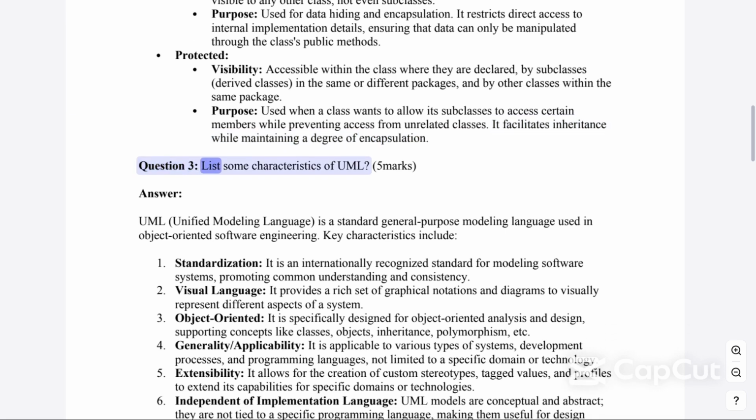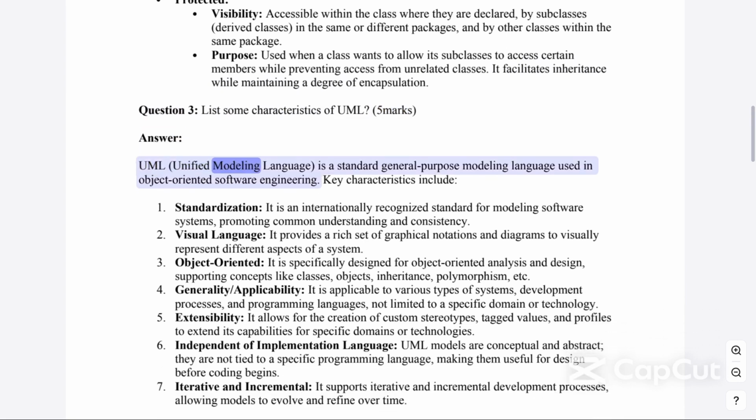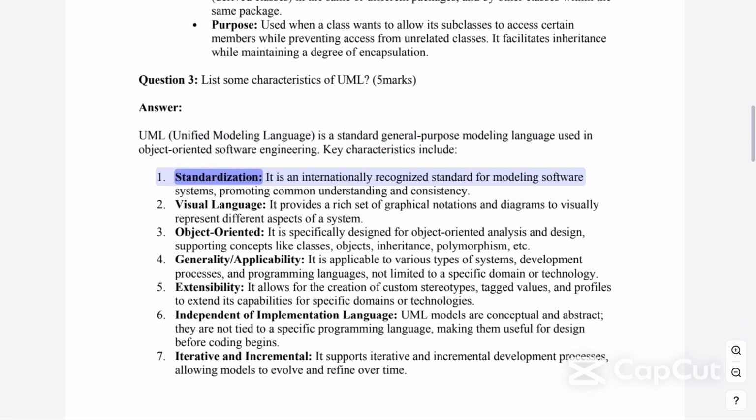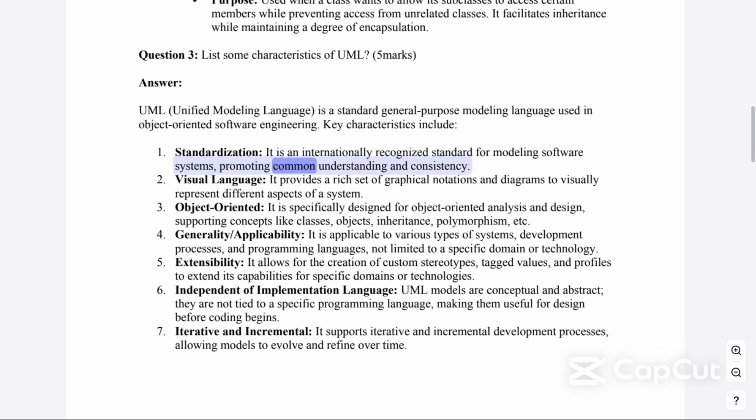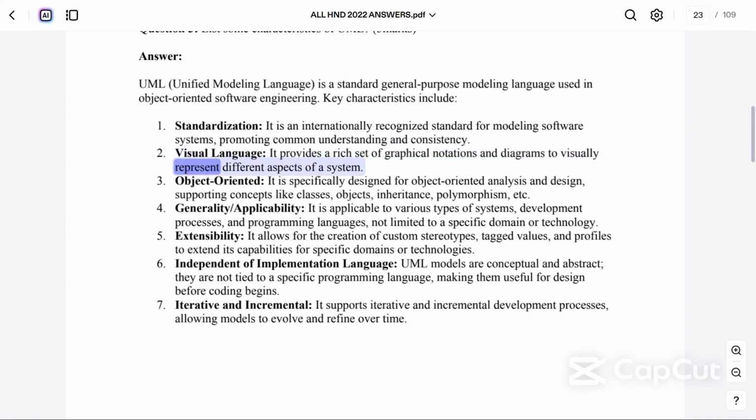Question 3, list some characteristics of UML. 5 marks. Answer. UML, Unified Modeling Language, is a standard general-purpose modeling language used in object-oriented software engineering. Key characteristics include: 1. Standardization. It is an internationally recognized standard for modeling software systems, promoting common understanding and consistency. 2. Visual language. It provides a rich set of graphical notations and diagrams to visually represent different aspects of a